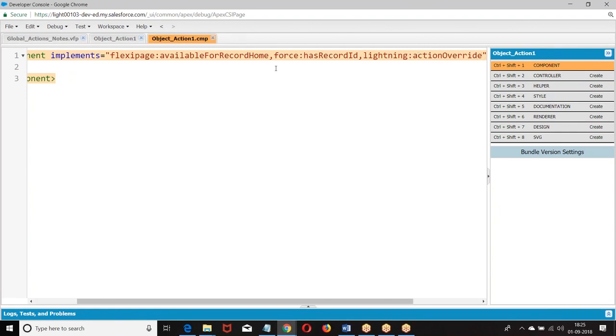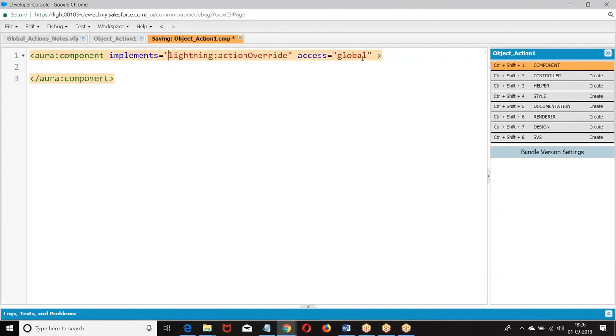Right? I hope you are good. So, if you want this component to be used to override a standard functionality, it has to go for Lightning action override. The remaining two things I require in case you use LDS. When you click on a button, some page will open. You want to display a particular record, save a record, delete a record, update a record. Then generally we go with LDS. If you want to use LDS, we require this. Otherwise, you don't require it. As simple as that. Right?